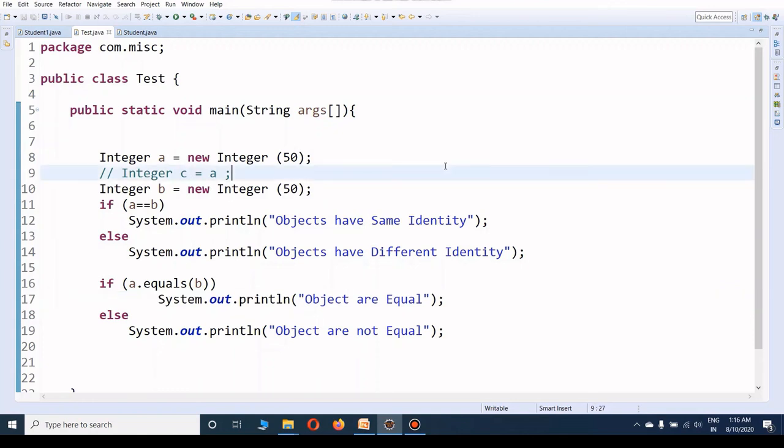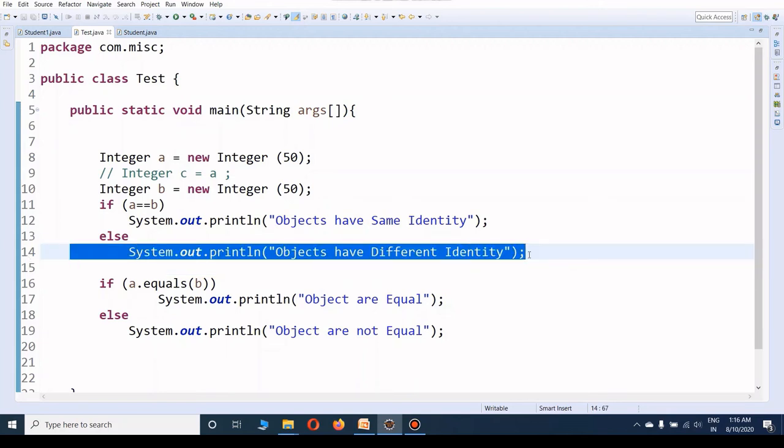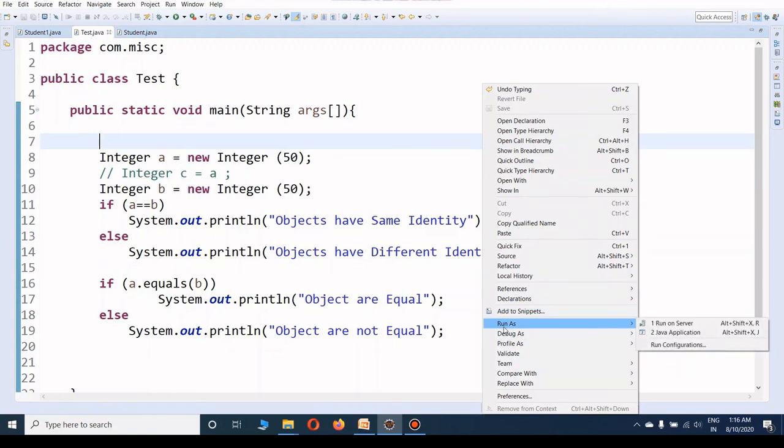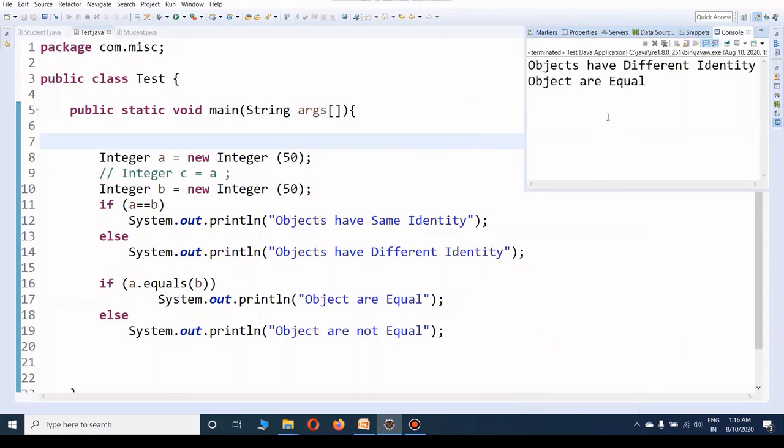So for this condition the result is objects have different identity, and for this condition objects are equal. Let's run the code. See, objects have different identity, objects are equal.